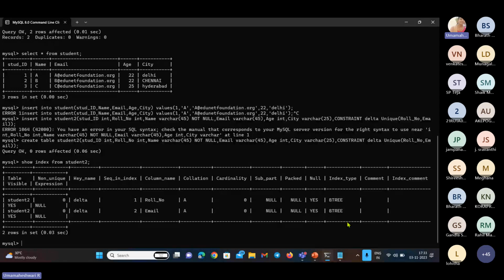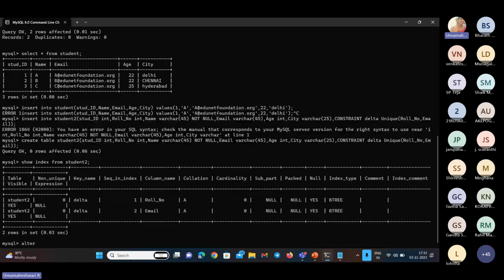Okay. And if you want to drop the unique key, you can also do that. How can we drop the unique key? So as of now, we understood how we can create a unique key and how we can apply that for multiple columns. Am I right? So now let's see how we can drop the unique keys. First, the alter table statement also allows us to drop the unique key from tables. Example,